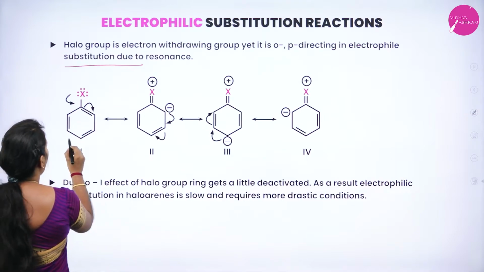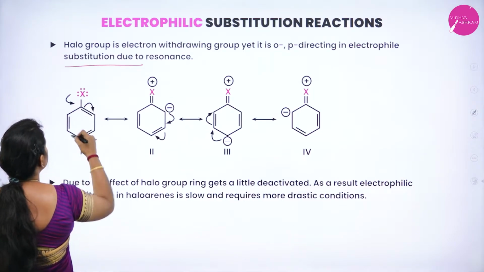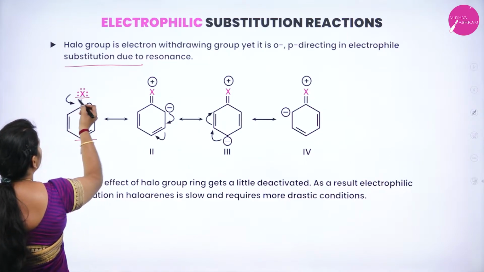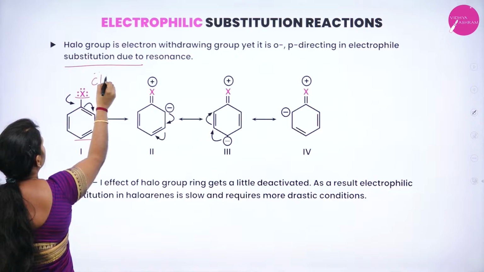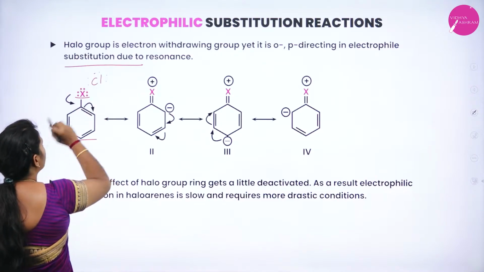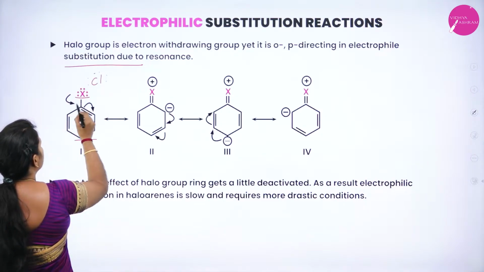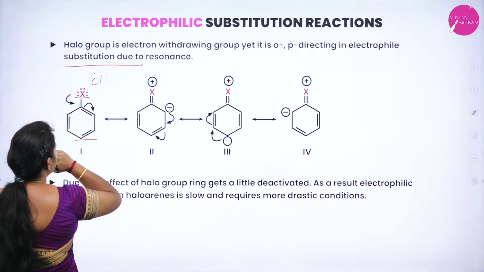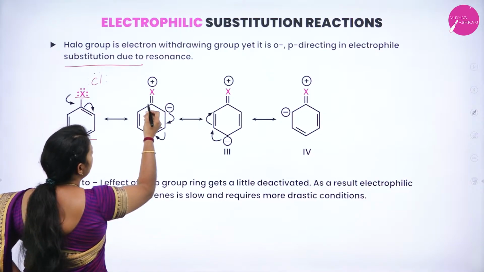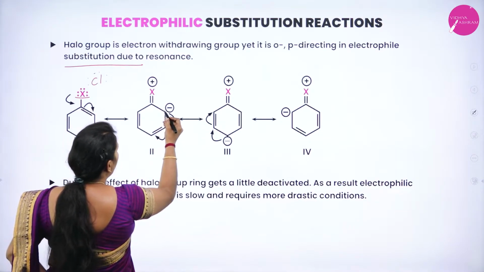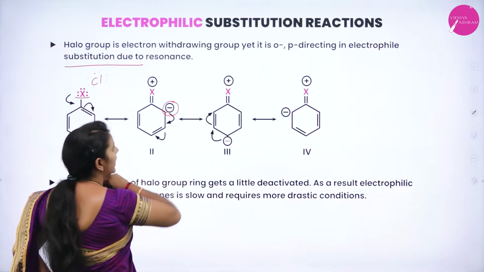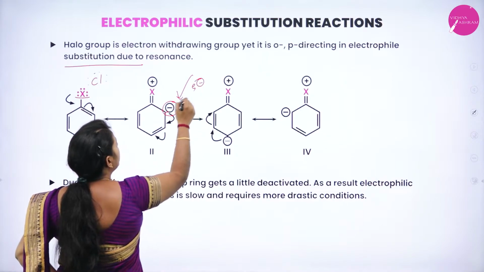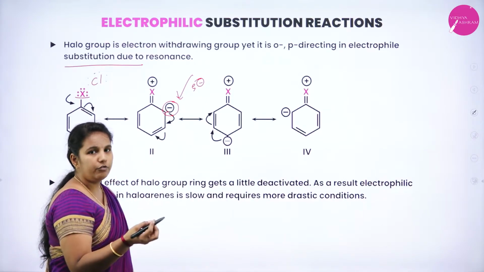We'll see that by taking one example. Here I have a haloarene, where this is my aromatic benzene ring with one halogen atom. You can imagine it with chlorine, which has 3 lone pairs of electrons. Any one pair is moved towards this bond, thereby forming a double bond between the carbon and halogen, and one of the bonds gets shifted. As a result you get this resonance structure. At the ortho position there is a negatively charged center, so our electrophile can easily come and attack that center, thereby forming